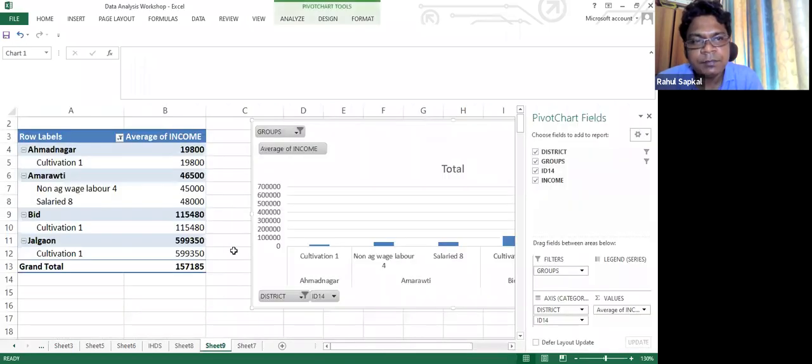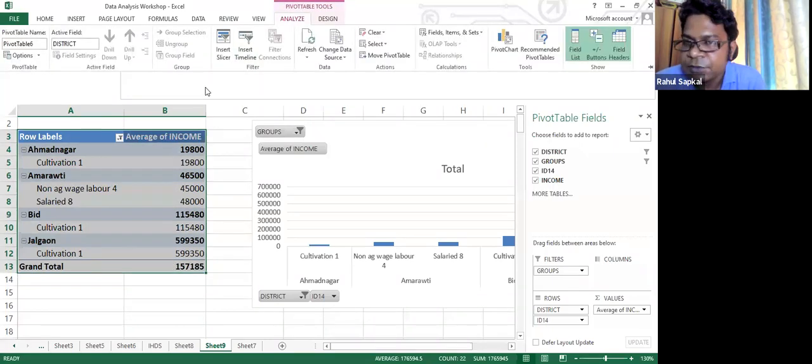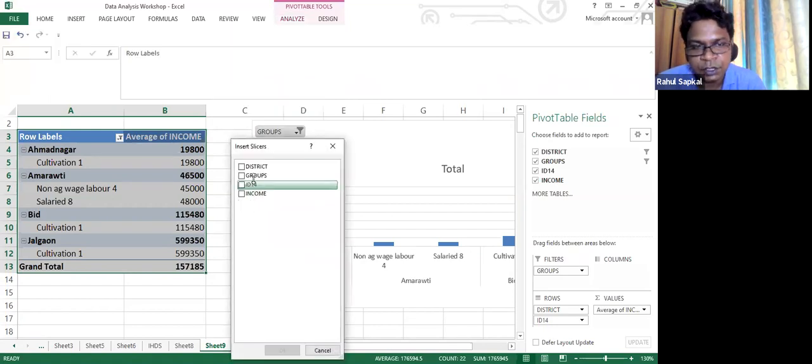Okay, now I'm going to add on this table. Now let's add slicers. You can add a lot of slicers. Slicer means what? It will subdivide the data into further small branches, and then you can see the average figures as well as the summation figure also. So the slicers you can add to any of these.